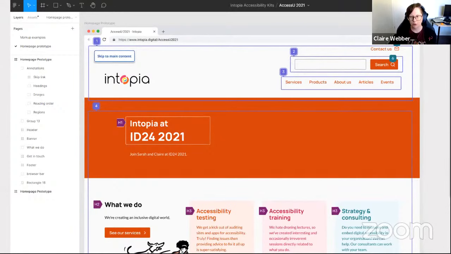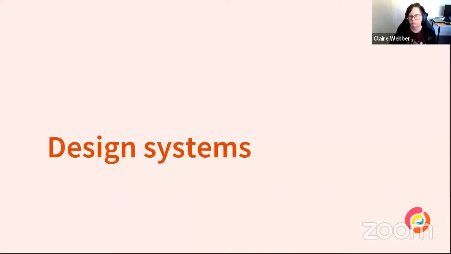Further from that as well, we can also group our annotation types so we can turn them on and off individually. So we might want to export one version of the page just showing our page regions or just showing our headings. If we have our layer management set up well for our annotations, it makes it even more efficient to turn on and off different annotation types and easily hide them or show them when they're required.